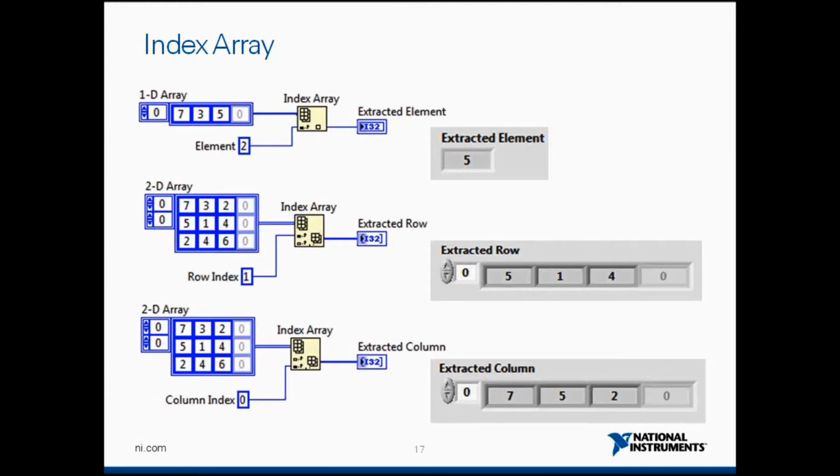Okay, finally coming to the index array function. Now this is something that by far is used most frequently when you're working with array manipulation functions. And why would you use index array? Now say I want to reference an element in the array. Like I previously mentioned, to reference an element in the array, you need to use the corresponding index. So here in this array 7, 3, 5, I want to extract just one element, that is 5. So I need to give the index of that element, which is 2, and I can extract that particular element.